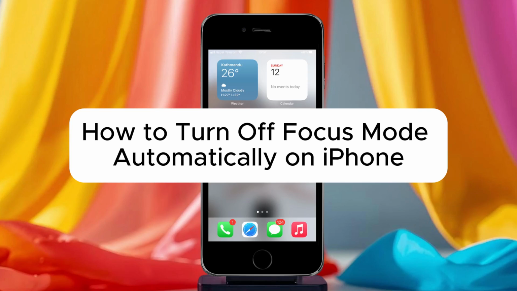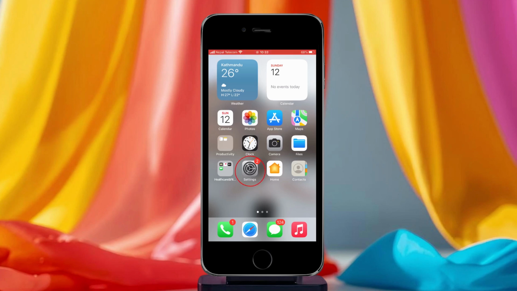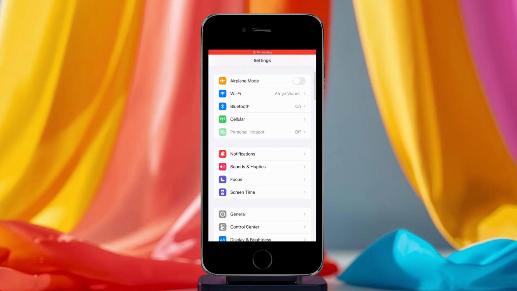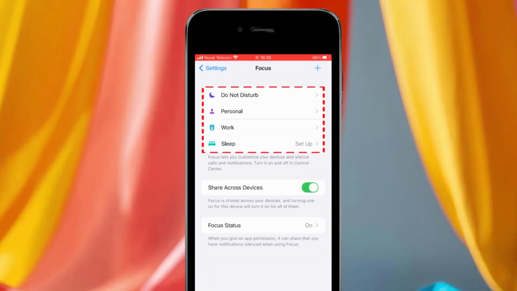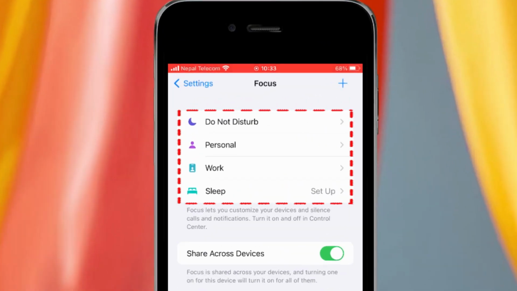If your focus mode keeps turning on automatically and you want to stop it, this video will show you exactly how to disable automatic focus mode on your iPhone. First, open the Settings app. Then tap Focus. Next, select the focus mode that's activating automatically, such as Do Not Disturb, Work, Personal, Sleep, or